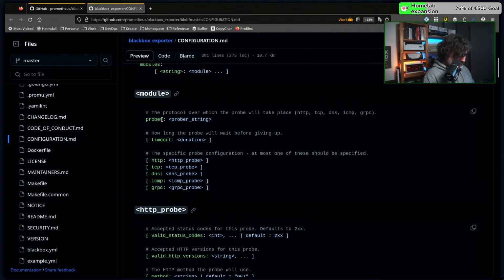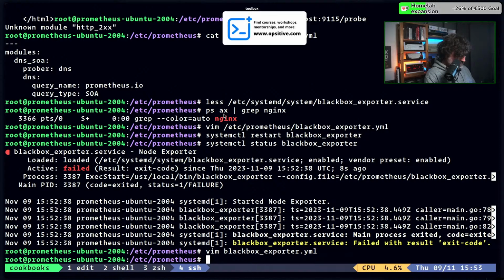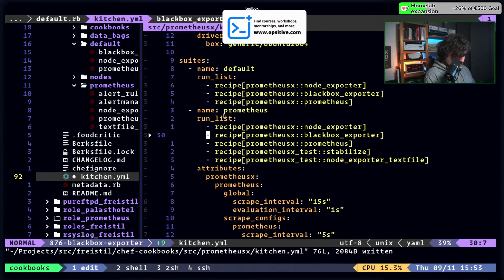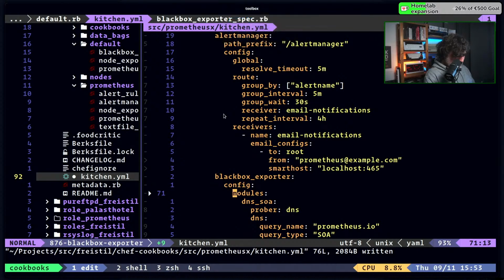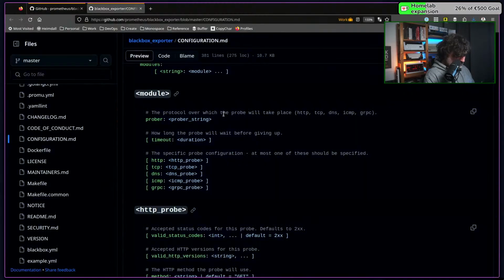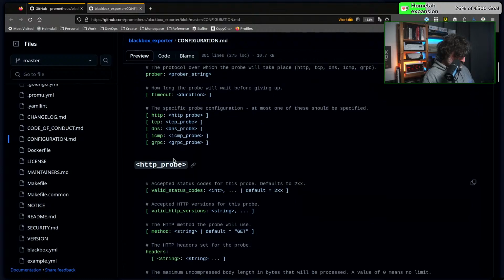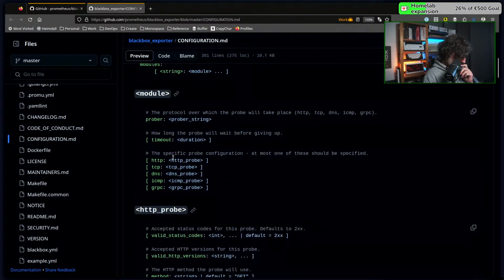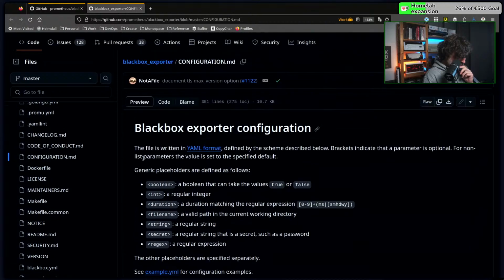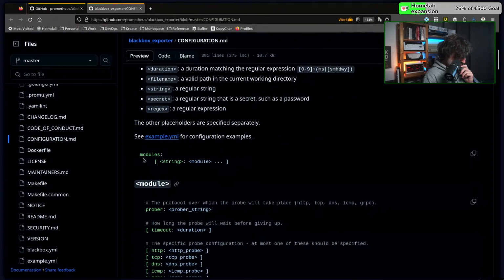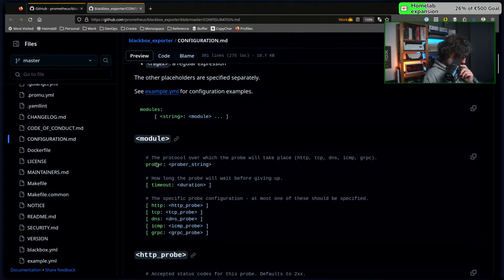Where it says prober... Oh, we don't have any probers, just modules. Wait, here's a module. Yeah, and under module,